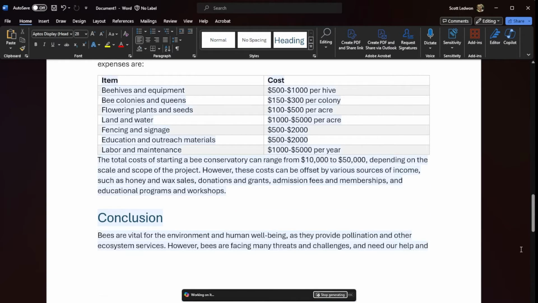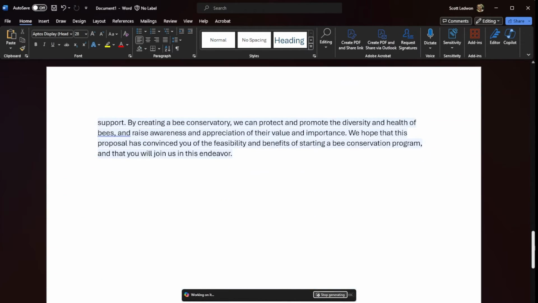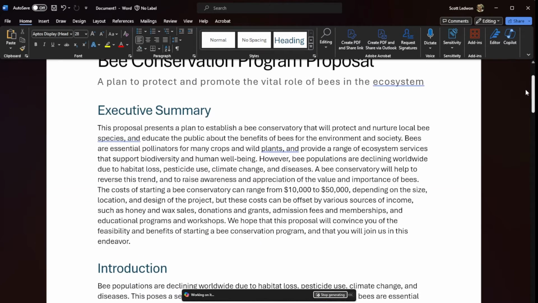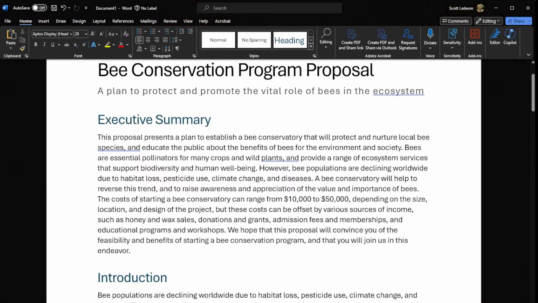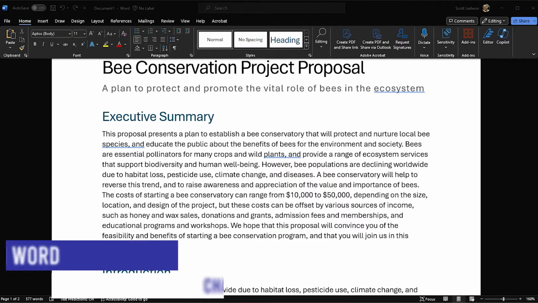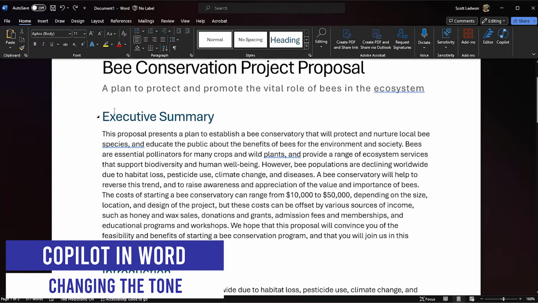If we wanted to make additional edits to the document at this time, it would be just as if we were editing a normal Word document. Copilot's going to ask if we like the changes here. We're going to keep them for now, and we'll tune this up a little bit before we send it off to leadership. In the next example, we're going to take a look at the executive summary that we created, and